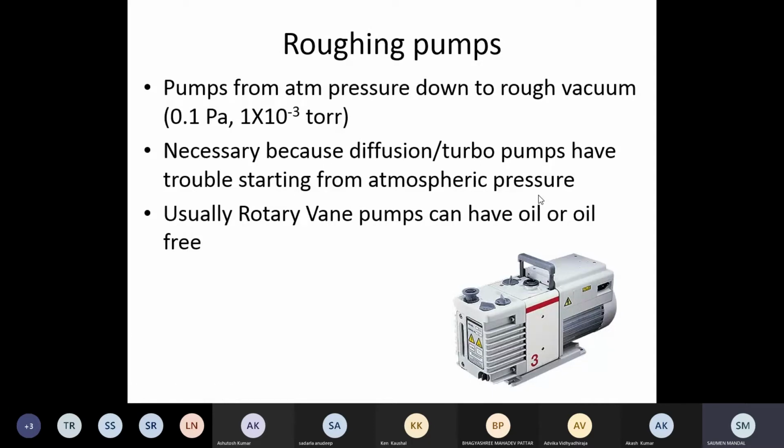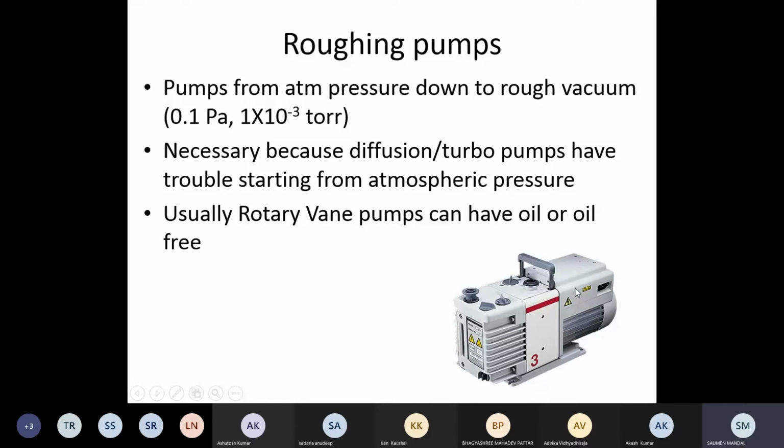So you have to have one roughing pump, and that roughing pump will give you a sufficient vacuum, and only then should you start the turbomolecular pump or diffusion pump. And usually the rotary vane pump can be oil-based or oil free. The oil-based one is a little bit older technology, and the latest technology is oil free. In an oil free pump, you need not put in oil